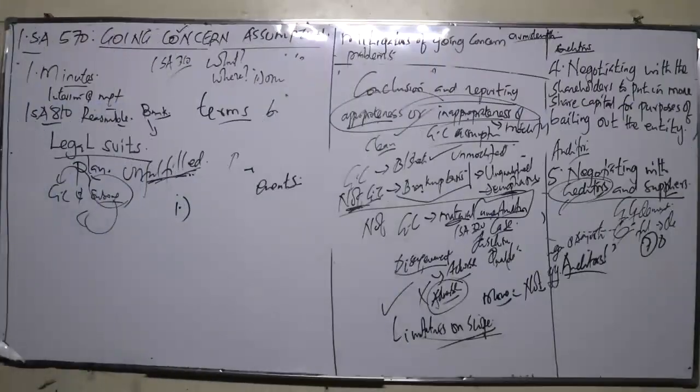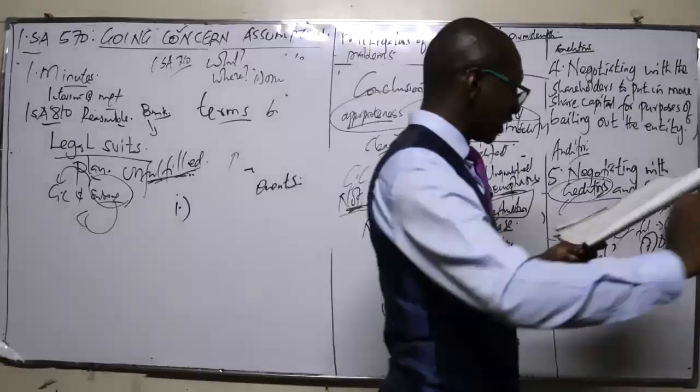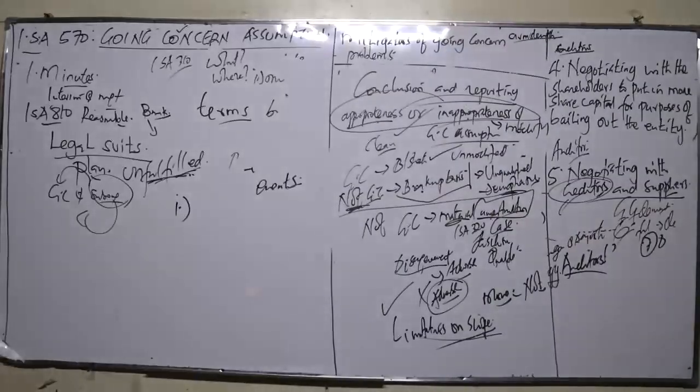Going concern assumption appropriate, but a material uncertainty exists. So going concern is about cases that we don't know how they'll be determined. What happens in this case? So then we are saying the auditor should consider whether